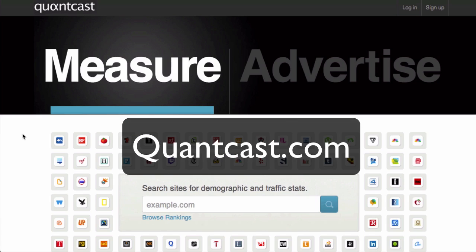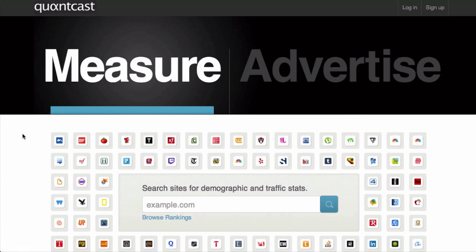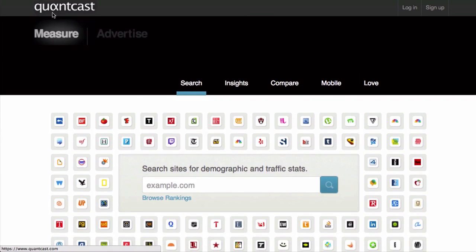So Quantcast is a really amazing website that gives us a lot of demographic info. This will tell us what kind of people go to a website, how old they are, other websites that they're interested in, kind of like what Alexa does, but sometimes it'll give you even more detailed info. So Quantcast is definitely one of my favorite websites to really get the feel for who my market is and find out the demographic info. So what you can do is go to Quantcast and just do a search for your website. In our case, I'm just going to do a search for